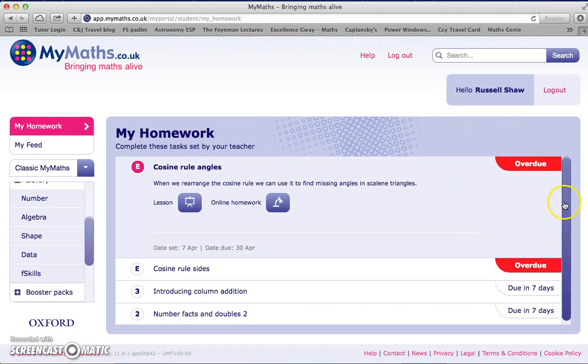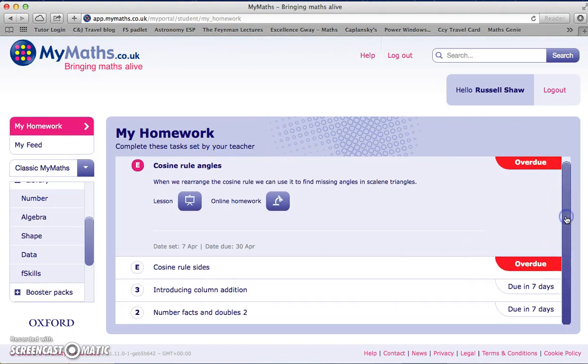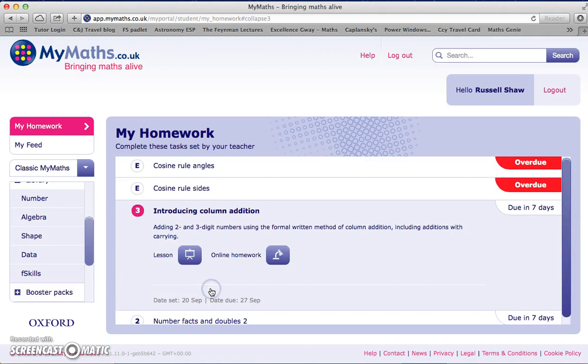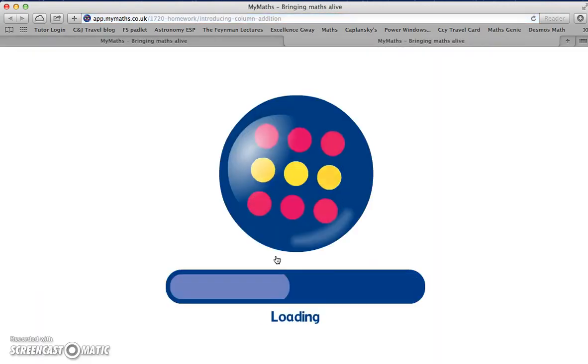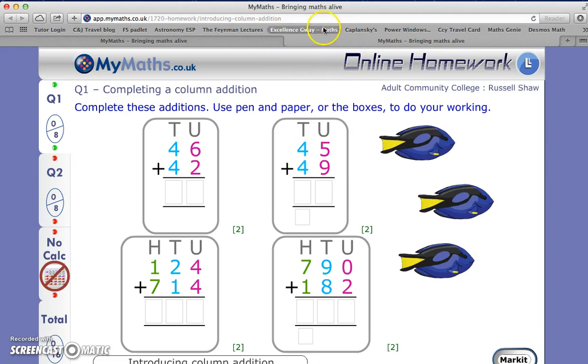As you can see, this naughty person's got some overdue homework, or he's got some homework set for him by the tutor. You can either do the lesson first if you're not sure what's involved, or you can just go straight to the homework. Again, this will open in a new tab or a new screen, and you just work through the two questions that are involved. So here we're going to do 8 and 8,